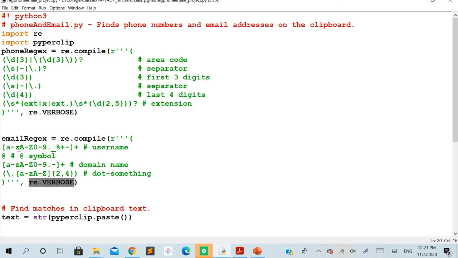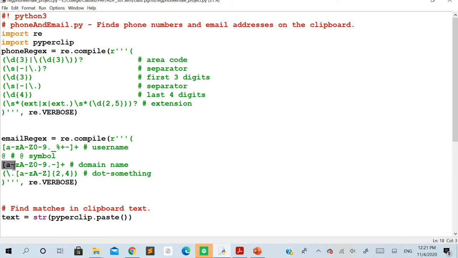That's the reason why all the possible values that may come in the username of the email address have been taken here. Just to tell you for what purpose it has been taken, we have put a comment line saying username here. You can see the plus symbol has been used to tell that a minimum of one or more occurrences of this pattern should be there. It is followed by the @ symbol. All of you know that you have the @ symbol in any email address, followed by the domain name.